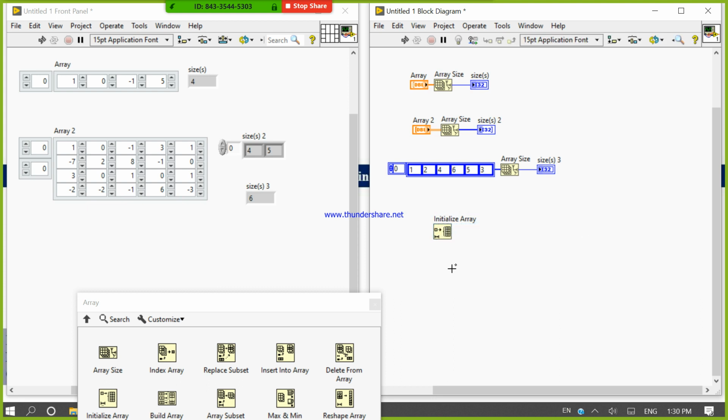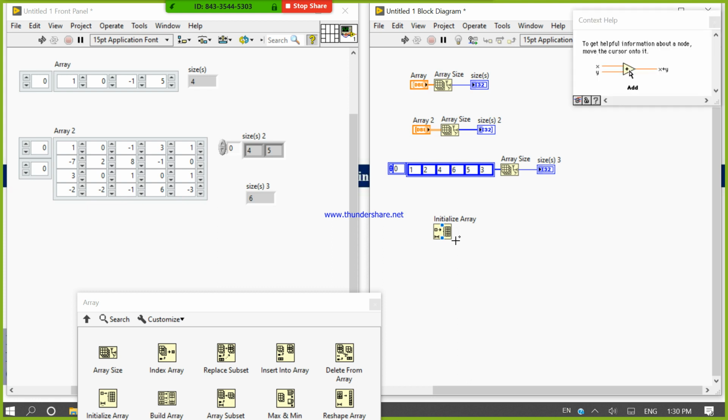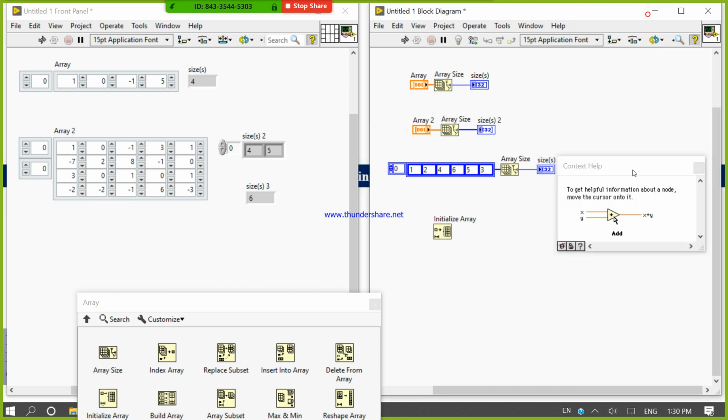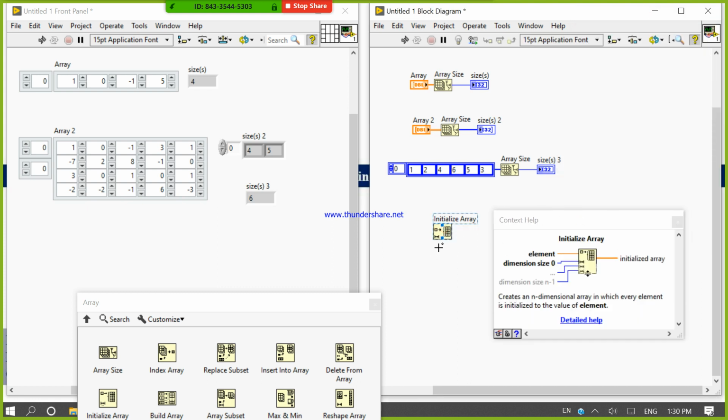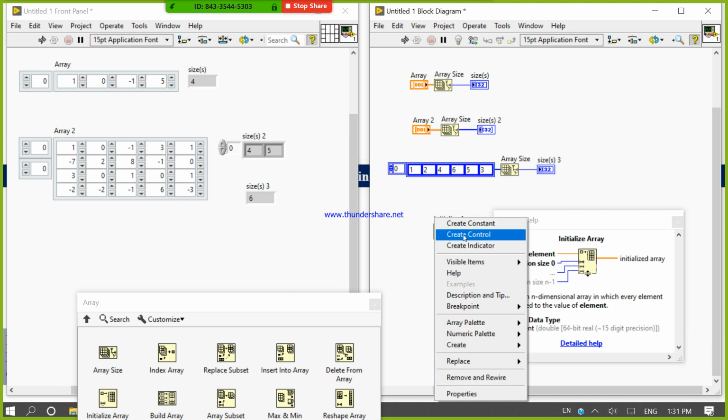Now press Ctrl H to get some info about initialize array. It creates an n-dimension array in which every element is initialized to the value of element. So this is the element. Now right click, create control.